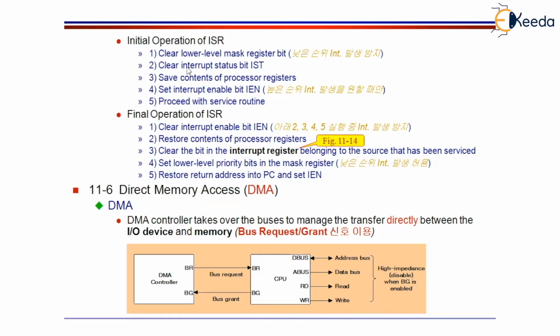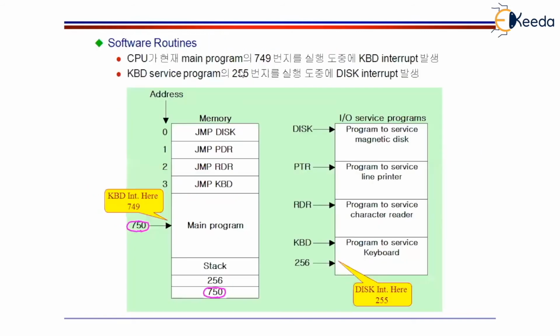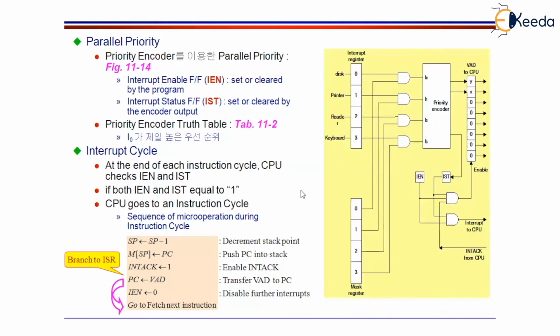Next thing is clear the interrupt status bit. You know that when the interrupt status bit is equal to 1, an interrupt is generated. The moment the interrupt is generated, the CPU should immediately execute the interrupt service routine. Now, once the interrupt status bit is set and the CPU has started servicing the interrupt, this bit should not be set again. Let us understand what it is.